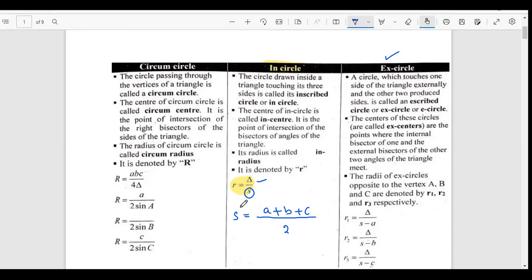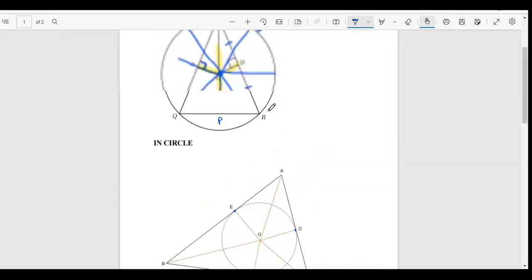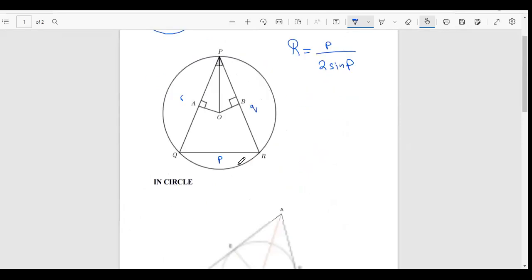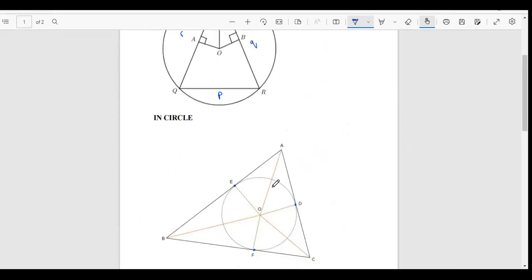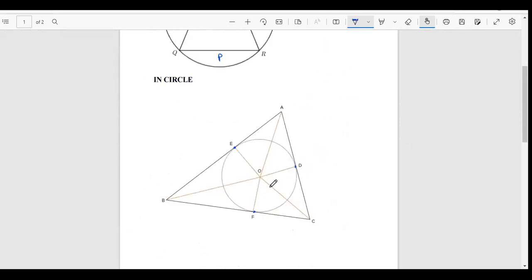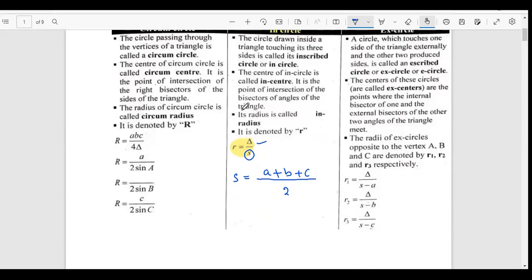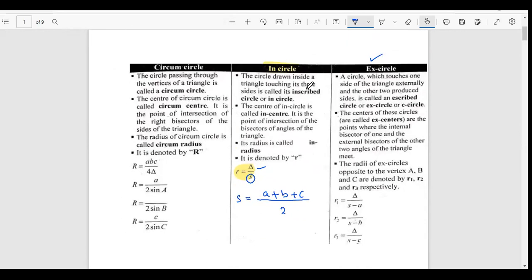Any confusions? Are we good with circumcircle and inradius? सर्कम में सर्कल बाहर है और ट्रायंगल अंदर है, इन में सर्कल अंदर है और ट्रायंगल बाहर है, और उनका सेंटर निकालने, रेडियस निकालने का तरीका हमें समझ में आ गया। ठीक है ना? ओके, परफेक्ट, वेरी गुड। ये बहुत इंपॉर्टेंट चीजें हैं, मैं इसीलिए बार बार इन पे फोकस कर रही हूँ।